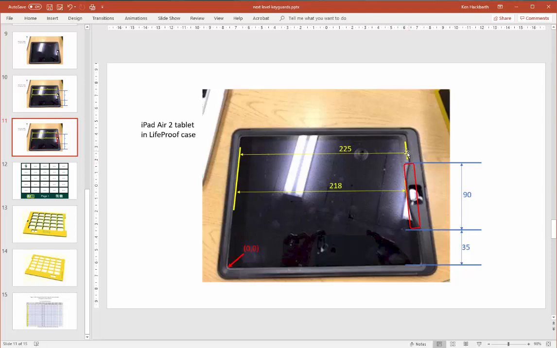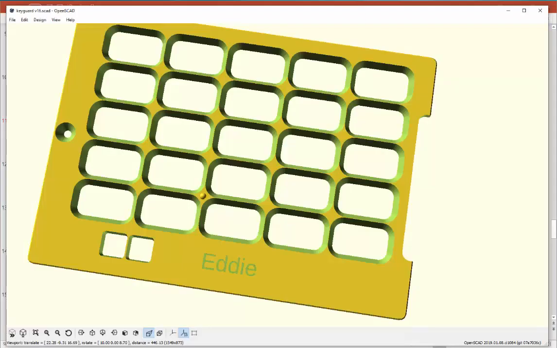Well, it's 225 to the edge of this cut. 225 in the X direction, 35 up in the Y direction, and 35 plus 90, 125 for this guy up here. Those are the 2 tips. This is 35 up, this is 125 up. They're both 225 in the X direction. So now I just have to enter that information into